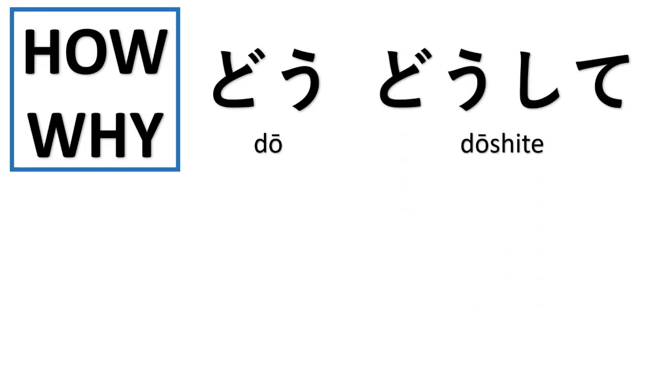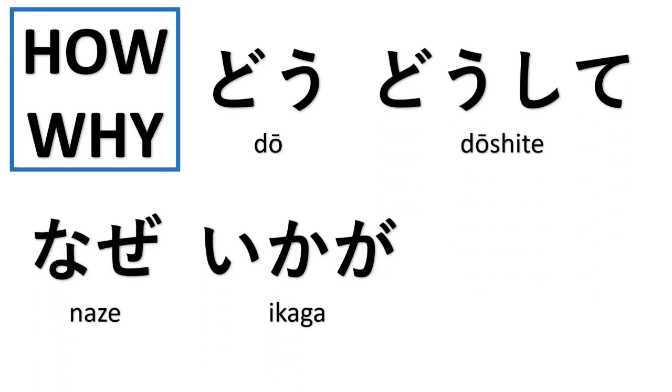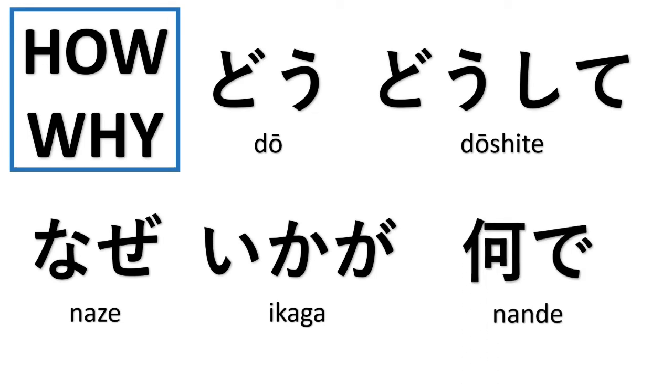Okay, now we go to how and why. And this how and why thing in Japanese is quite complicated because of many different words that can be translated to how and why simultaneously and interchangeably. That's why this part is quite difficult to understand. So we have dōshite, naze, ikaga, and then nande. Okay? So we start one by one with